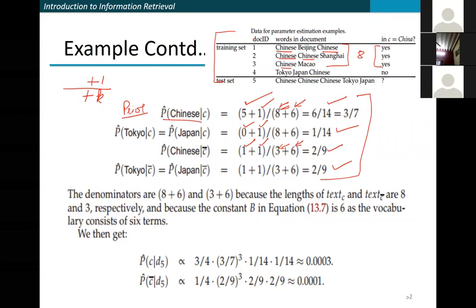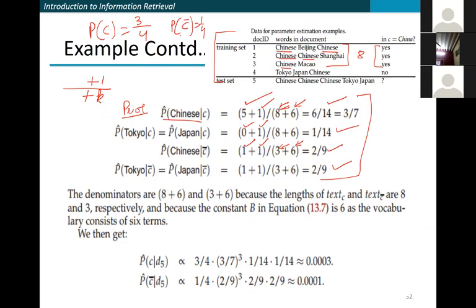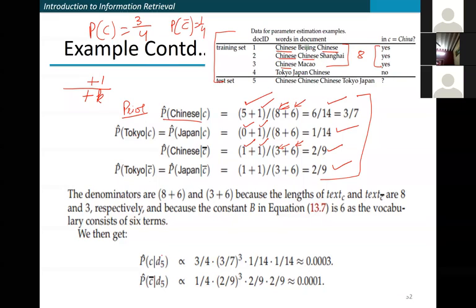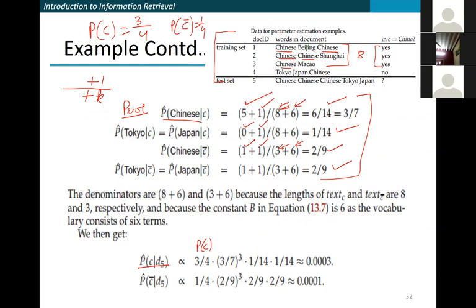Now, इसके साथ साथ हमने probability of class C भी find out करनी है। Total 4 documents हैं। Probability of class C is 3/4, probability of not class C is 1/4। ये भी हमें पता चल जाएगा। Now once we get the test set, अब हमने probability देखनी है कि D5 यानी कि ये 5th document C को belong करता है कि नहीं करता। तो पहले तो हमने probability of class C जो हमने देखा 3/4 उससे multiply किया है।